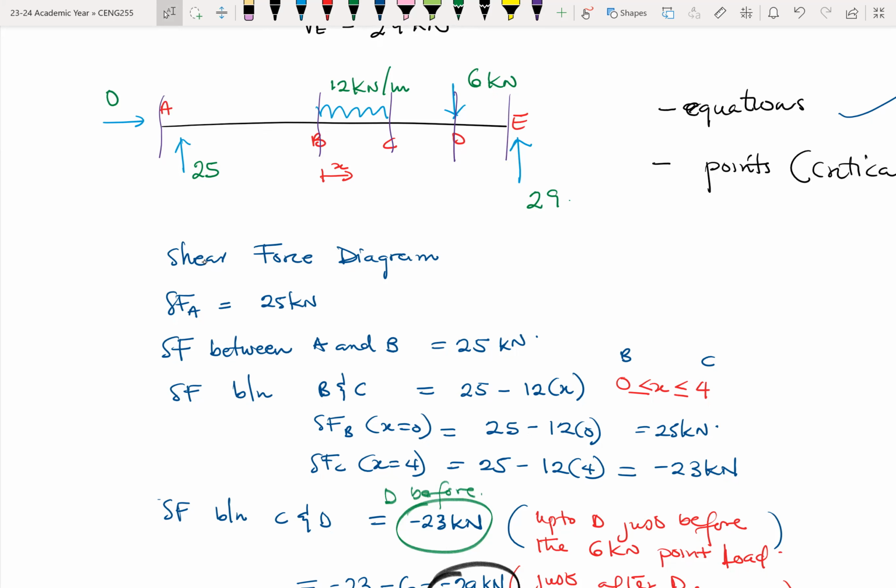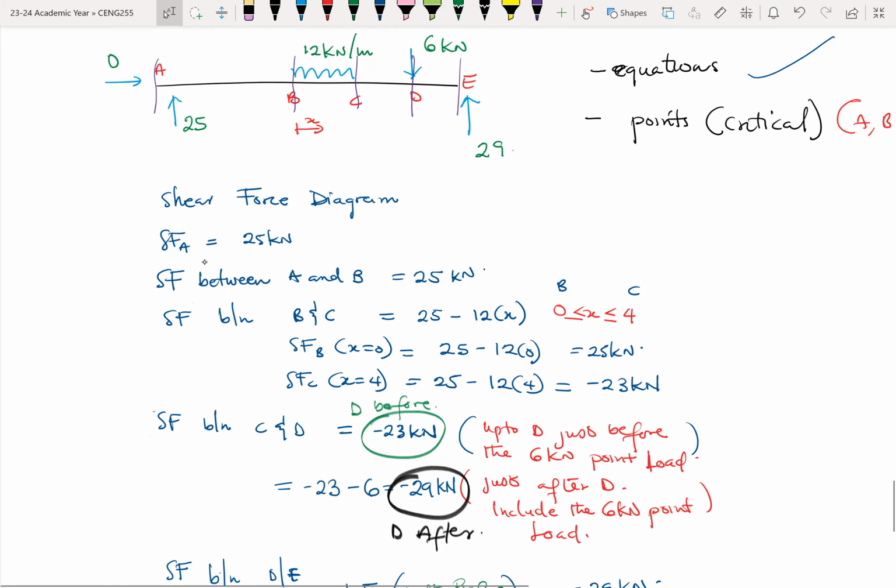Okay. But one thing to take note is that when you come across a point load, there'll be a shearing behavior at that point load. Okay. So with this particular problem, there are 3 points that have point loads. One is point A, point D, and then point E. They have the point loads. Okay. And what that means is